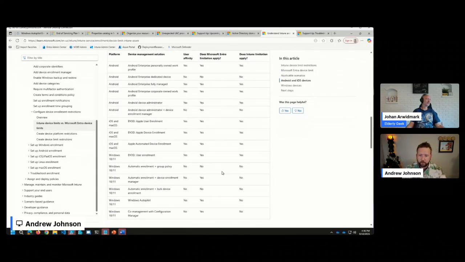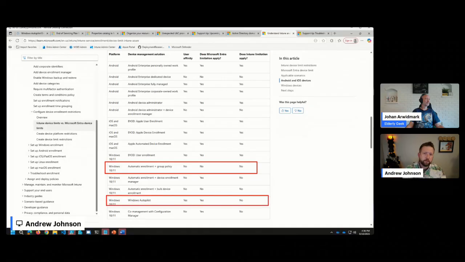So, for example, automatic enrollment into Intune and Entra through group policy is not going to count against your device limits or your users' device limits, and we can see that here in this table. But we have other scenarios like Autopilot, for example, that is not going to count against the Intune device limitation, but it will count against Entra. So it's important to understand those different scenarios where device limits are in play.